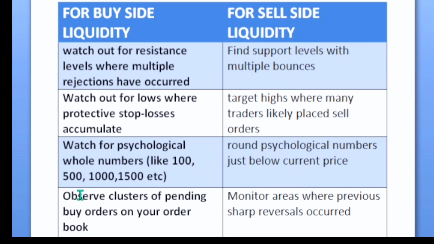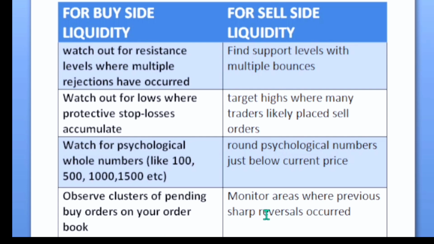And lastly, for the buy side, you have to observe clusters of pending buy orders on your order book. Whenever you have a lot of pending orders at a particular price, do not enter at that point, because they're definitely going to flip the market over at that point. That is where they want to tap the liquidity from. So if you also want to enter your own buy order at that point, you should know they will take out your liquidity from you. You also become part of the victims. You do not enter at that point. You might want to enter below that point.